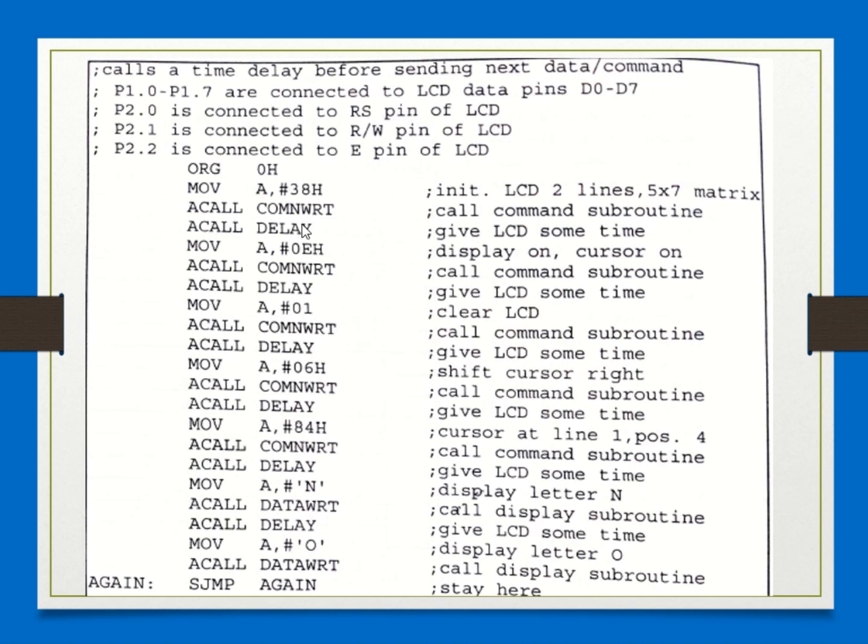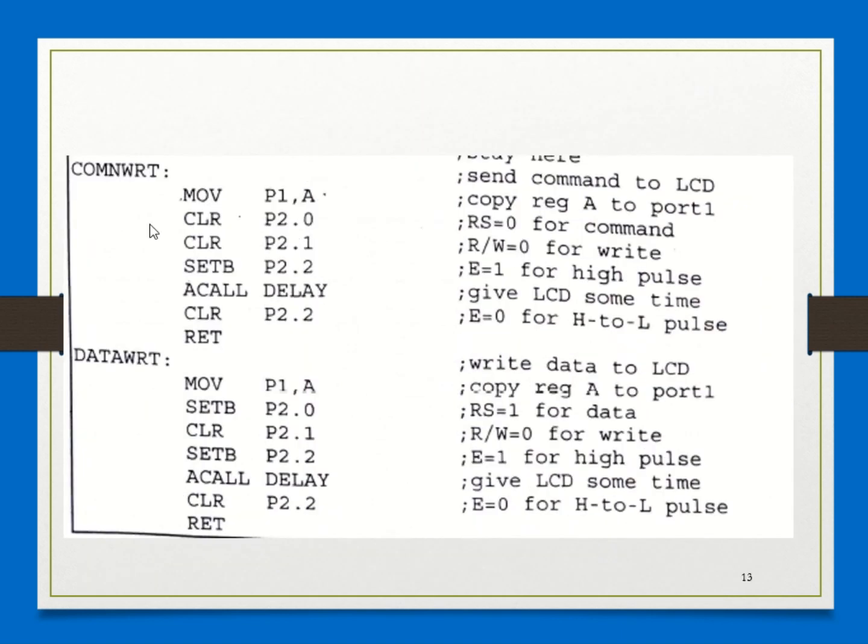ACALL command write. What is happening in the subroutine? It will come here. You have the command in the A register that you're sending to port 1, isn't it? Port 1, remember, is connected to the data pins of the LCD. Then you are clearing P2.0. P2.0 is the line where you have connected the RS pin of the LCD.